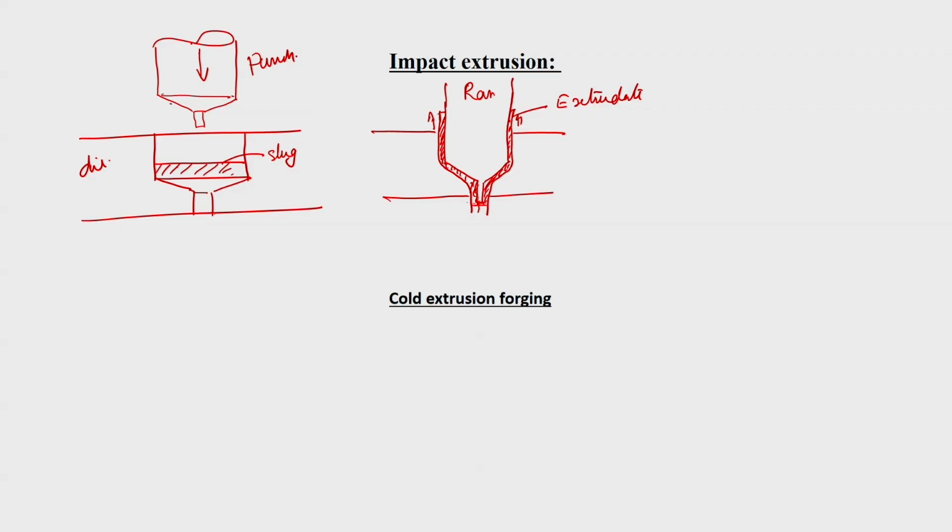Another is cold extrusion forging. The only difference between these two is that in this case, a deep drawing type operation is not taking place, but you are getting a thicker piece with some amount of height. The pieces are thick, whereas in impact extrusion it is very thin, and you are not going to have a very long length of extruded pieces. Some sort of disc shapes and other things are used, like a car wheel cap. These things are made by cold extrusion forging with complicated shapes and other things. Okay, with that today it is over.